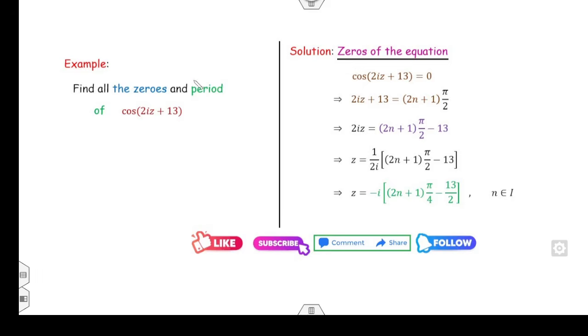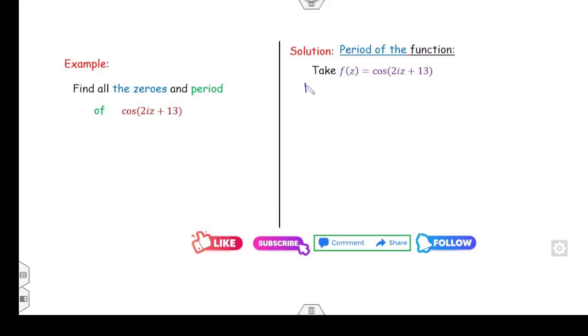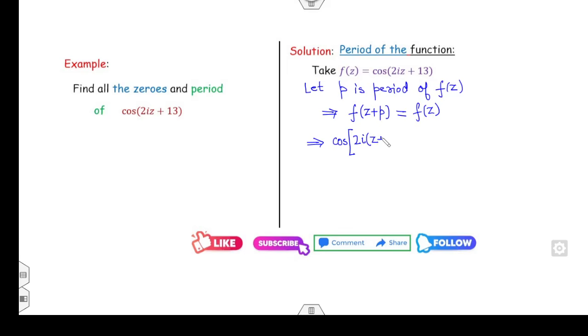Fine. How can you define the period? Let's say P is the period of f(z). That implies f of z plus p is equal to f of z. I can substitute the value of z plus p. That becomes cos of 2 iota (z plus p) plus 13, which is equal to cos of 2 iota z plus 13. Now you can open this bracket. That becomes cos